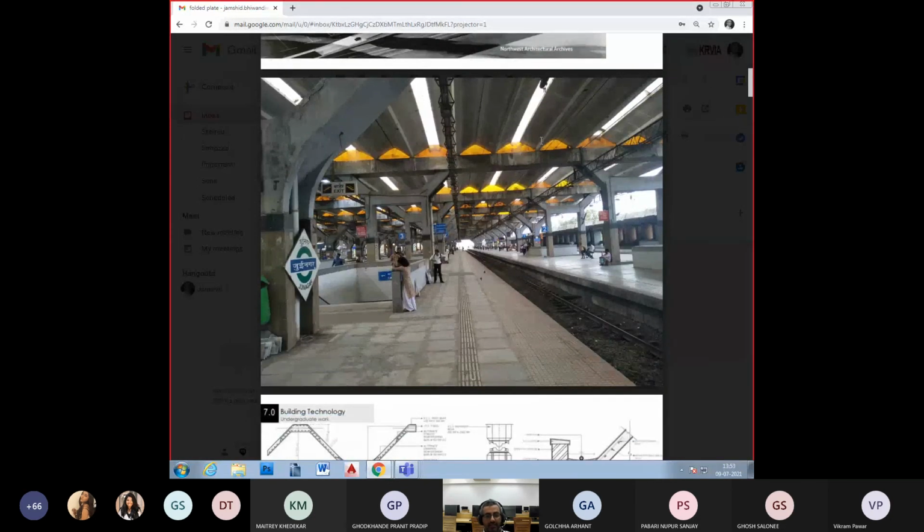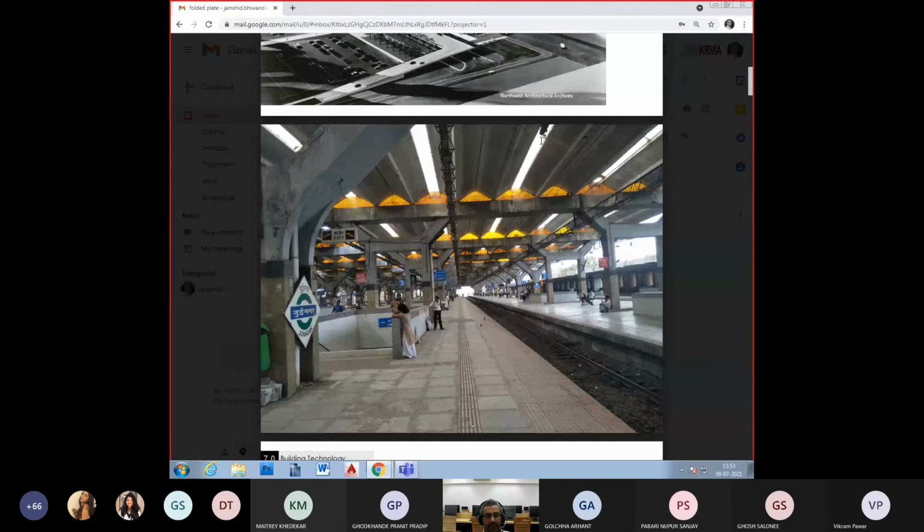No better example can we see than in Mumbai, where a couple of New Bombay railway stations, at Juinagar and Sanpada, use the folded plate. We have the idea of the precast folded plate that is put between these diaphragm beams that you see here. If you look clearly, the beams are used as gutter systems for the water to drain off. So these folded plates are not exactly horizontal. These have a slight bend, a slight curve in them, since they are precast.